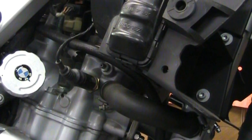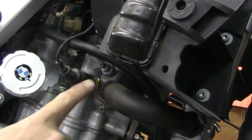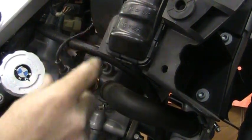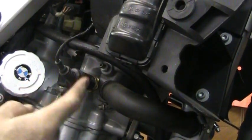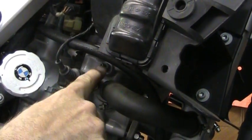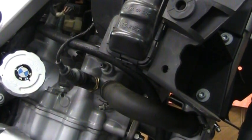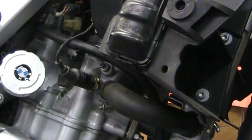Now, in order to refill the radiator, there's a vent on the other side of the bike up here. It's right underneath the radiator. Right here, this is the temperature sensor. You see the radiator hose coming in. Anyways, there's a little vent hole right here that you have to open up. So crack that loose,